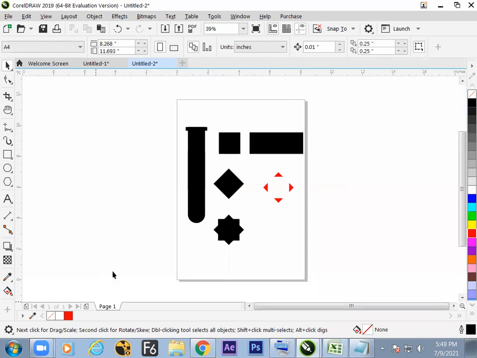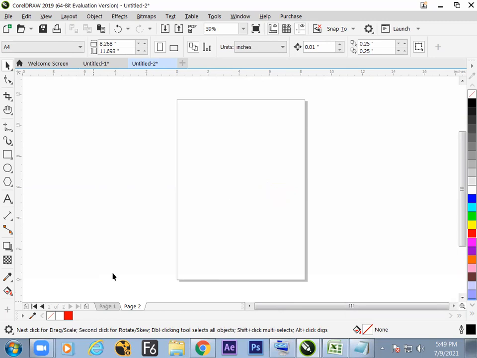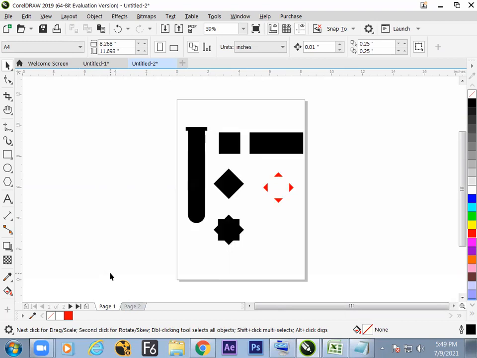And beside that, there is a small button. In Photoshop, it is missing. Photoshop doesn't contain multiple pages, but CorelDRAW contains multiple pages, just one button. Here itself, we can have multiple files. No need to take a new document and save it. In a single document, you can make multiple files and save once, and the whole document gets saved. So what is the next thing we have learned? How to generate a second page inside the document just by a click at the bottom of your user interface.